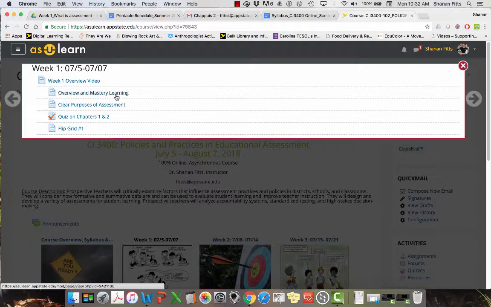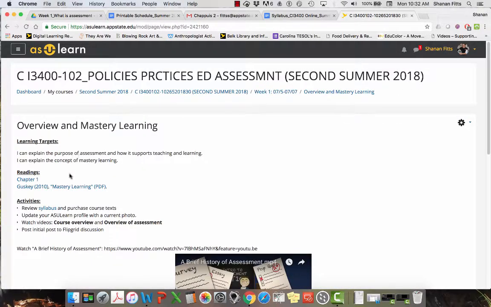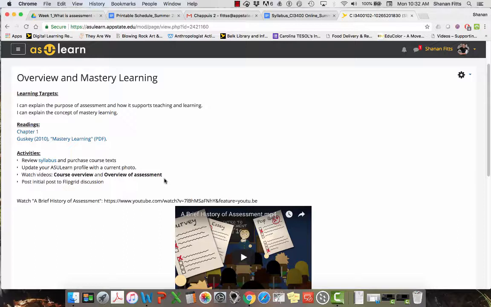Two things, actually. We're going to be reading the first 2 chapters of the Chapuis text, along with a short article on mastery learning, in case you're not quite sure what mastery learning is. So our learning targets this week are that you'll be able to explain the purpose of assessment and how it supports teaching and learning, sort of the teaching, learning, assessment trilogy, and that you'll be able to explain what mastery